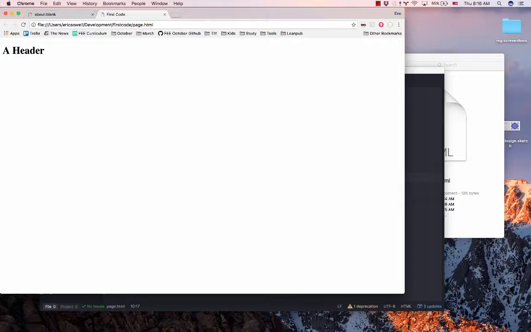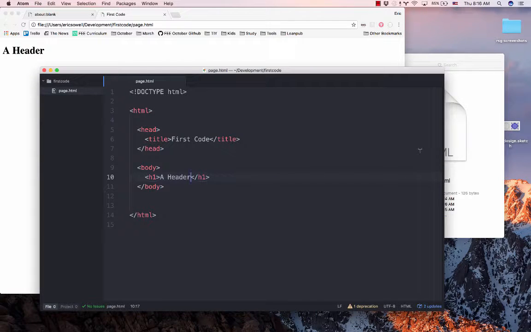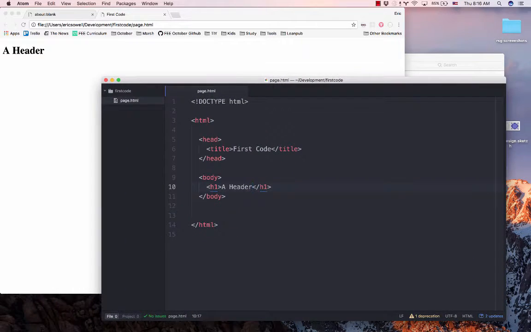All right. Another thing that you'll definitely want to be aware of whenever you're doing development on your own computer, and that is whenever you make changes to an HTML file and you want to view it, you have to remember to do two things. One, you have to remember to save the file, and two, you have to remember to reload the file in the browser. So if I add a paragraph to this page,